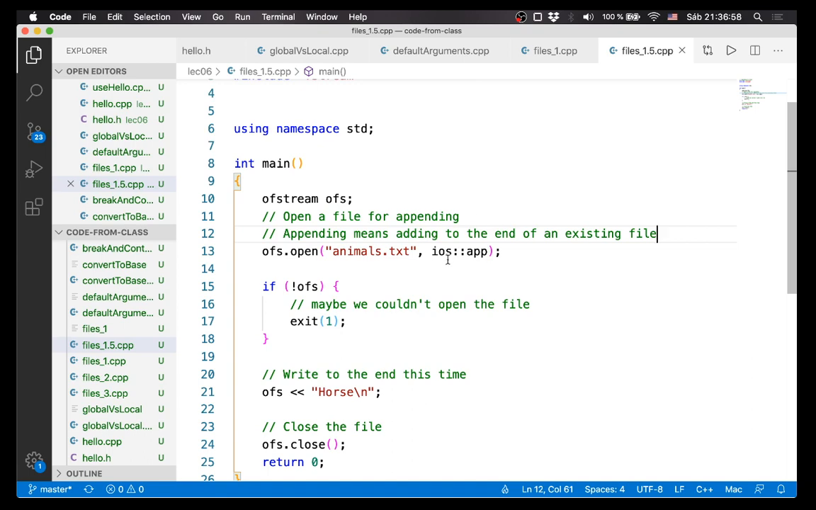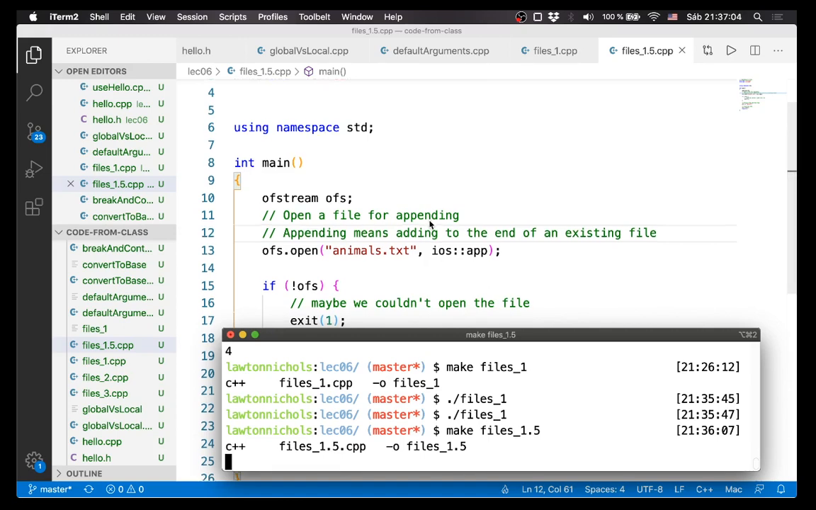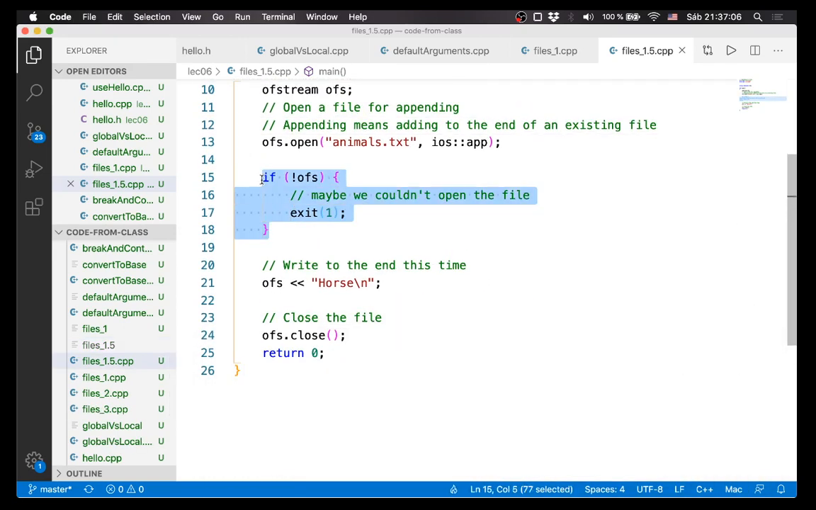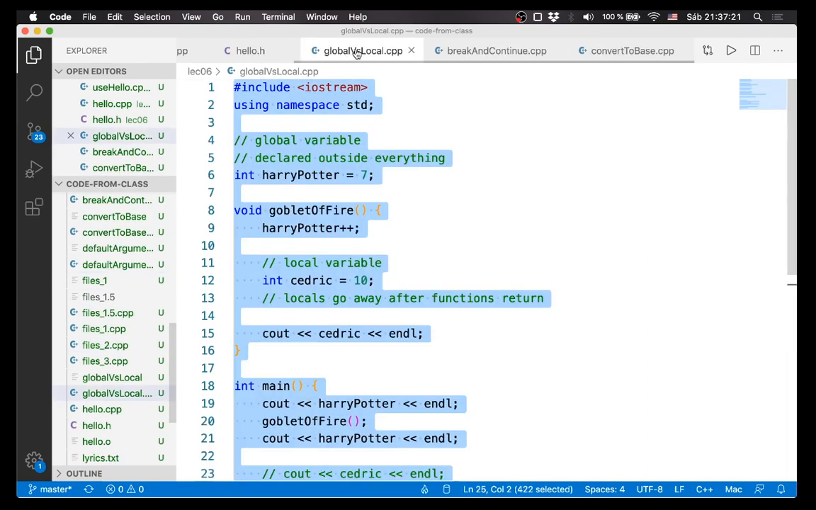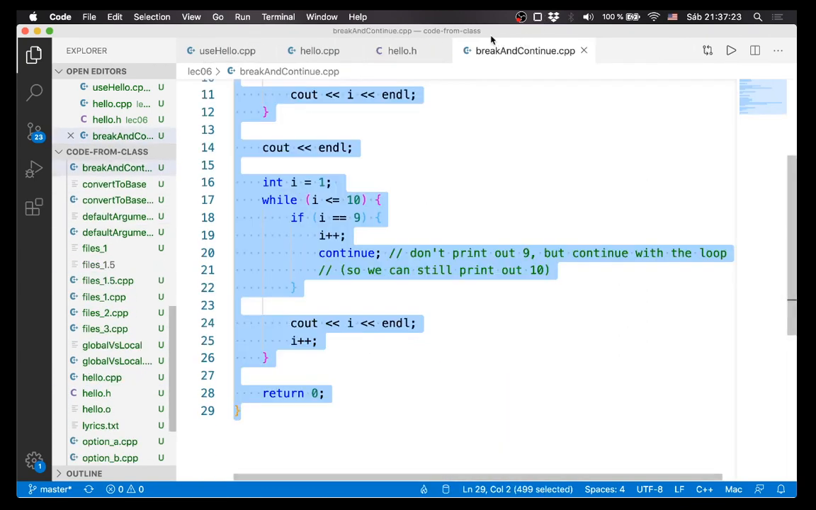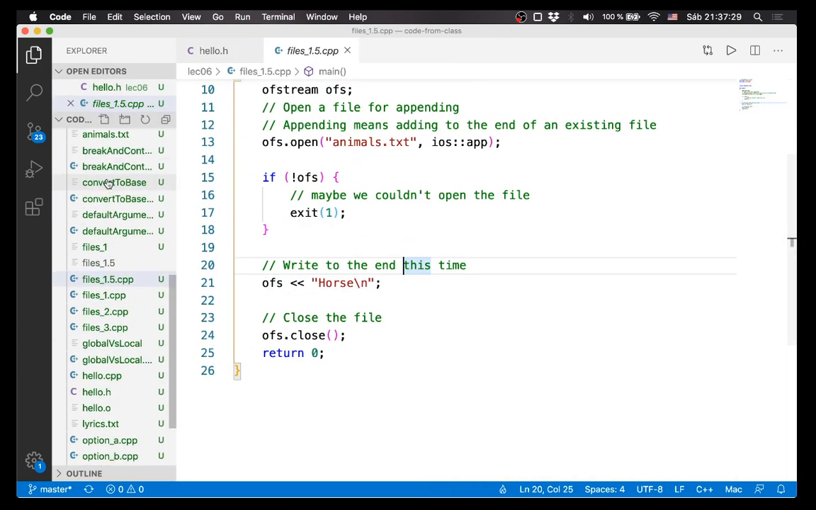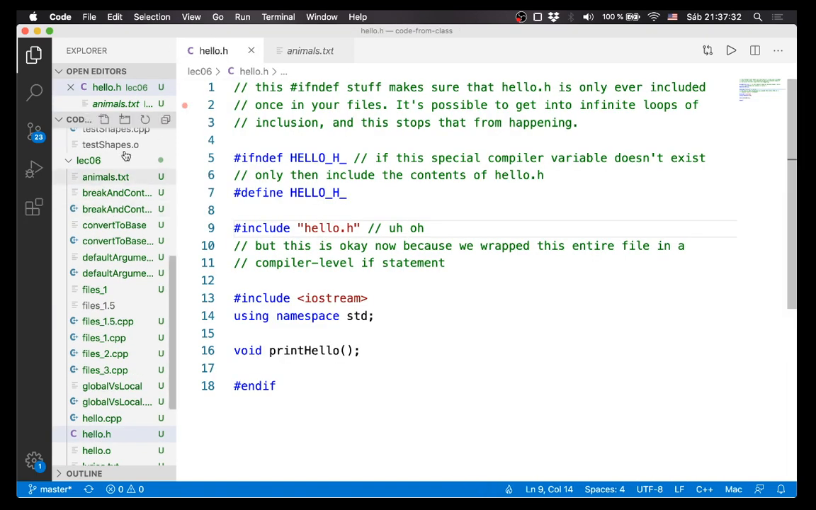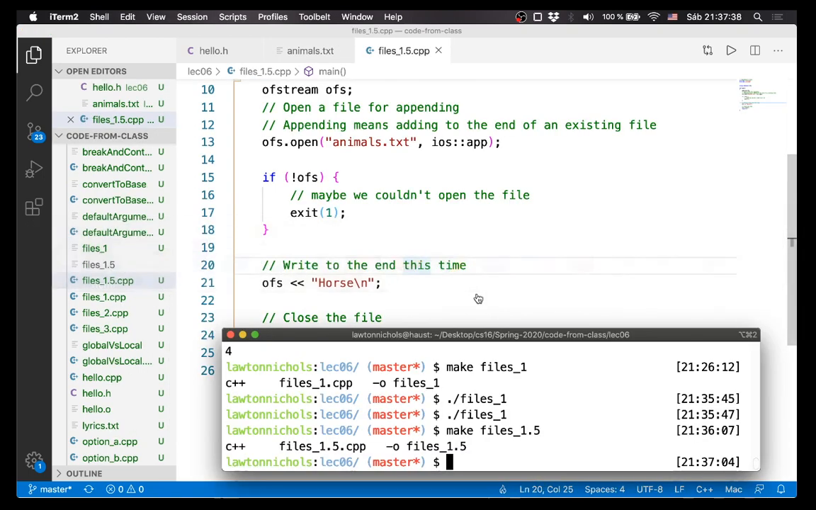So what's going to happen here now is when we open animals.txt, if something went wrong, we'll stop. But if everything went right, we'll write to the end of the file. This time, ofs will write horse. We'll add that to the end of the file we're going to open. Let me get some of these out of the way. All right, so here's my animals.txt file, and I need to double click on it so it stays open in my editor. Now if I compile and run this,